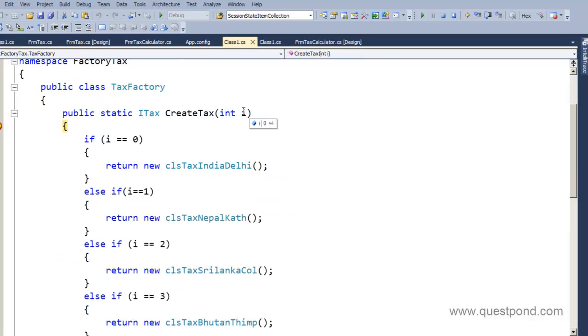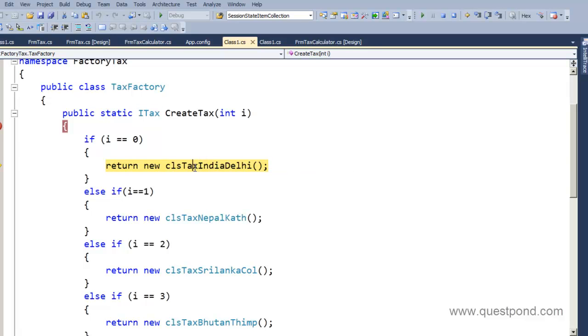The factory class takes whatever value it is and then invokes the appropriate concrete classes. For example, now I have selected India, so you can see that it is going to select CLS tax India Delhi, right? But when this object is returned back, it is going to return an I tax, so that the form as well as the concrete tax, that is CLS tax India Delhi, CLS tax Nepal Kathmandu, etc., is not in direct contact with the user interface, so that whenever you add a new class, a new implementation, the UI doesn't have to change.